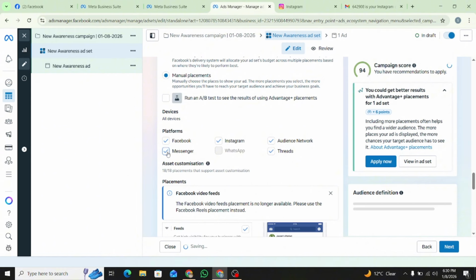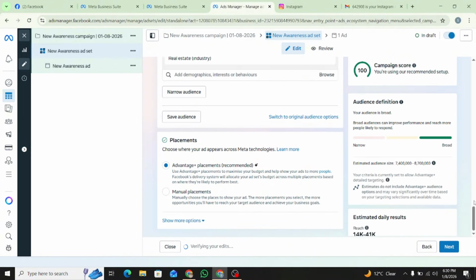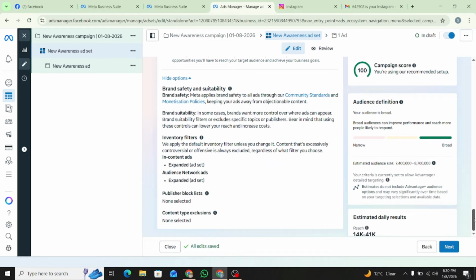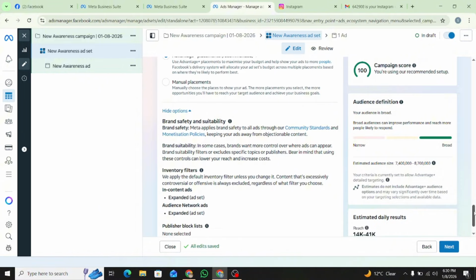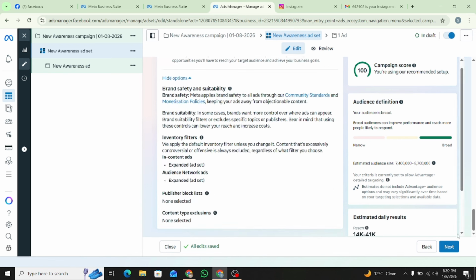So Messenger, and I will recommend you to go with Advantage Plus because Facebook tries to give you more and more results according to your service and business. Then click on see more, and here I can select different content and things. Now I will click on next,